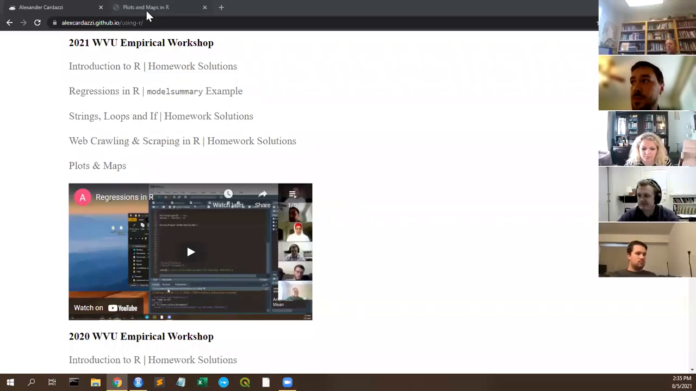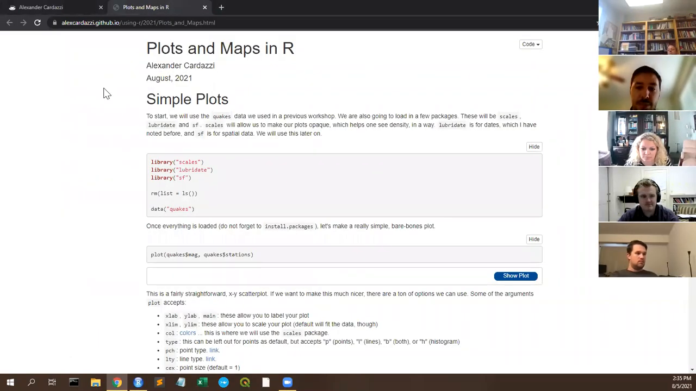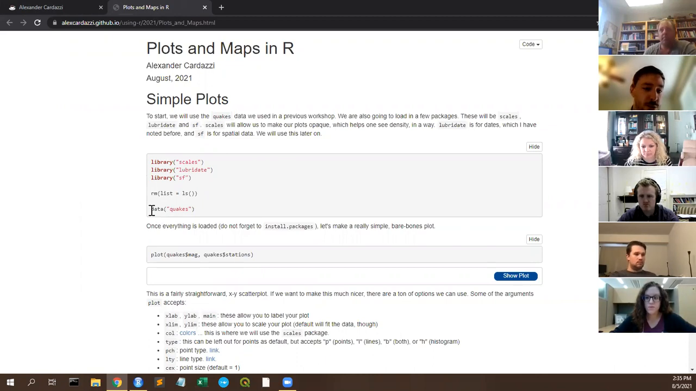Okay. So plots and maps in R. I'm going to talk a little bit about just simple plotting to start. So we had used this data set quakes before, and we're going to use it again here, especially in the beginning. So I'm going to load up some packages,